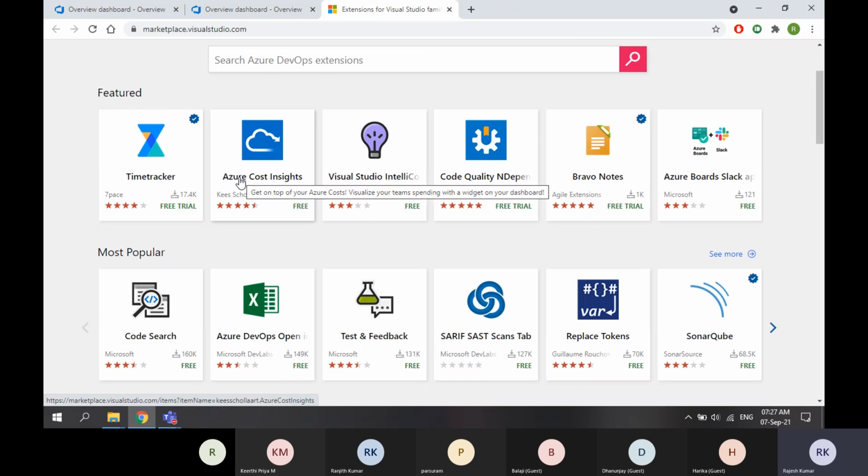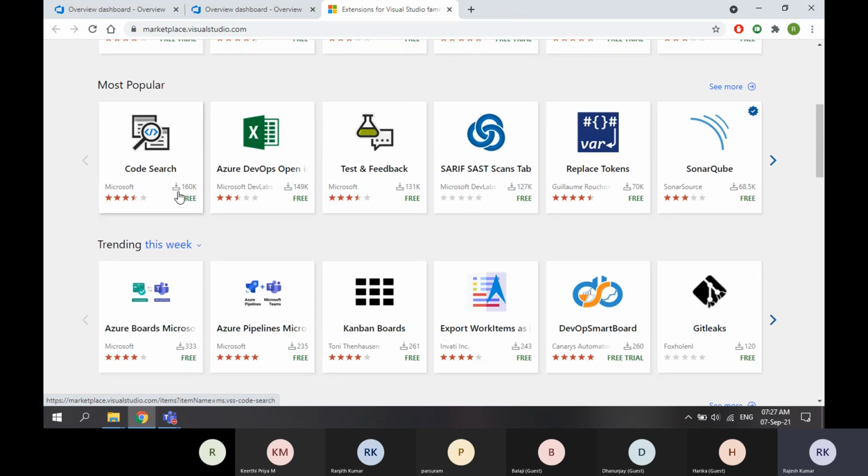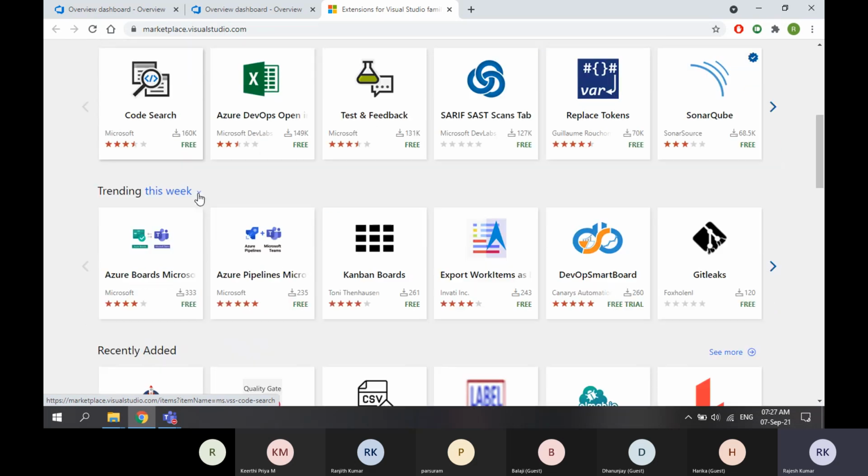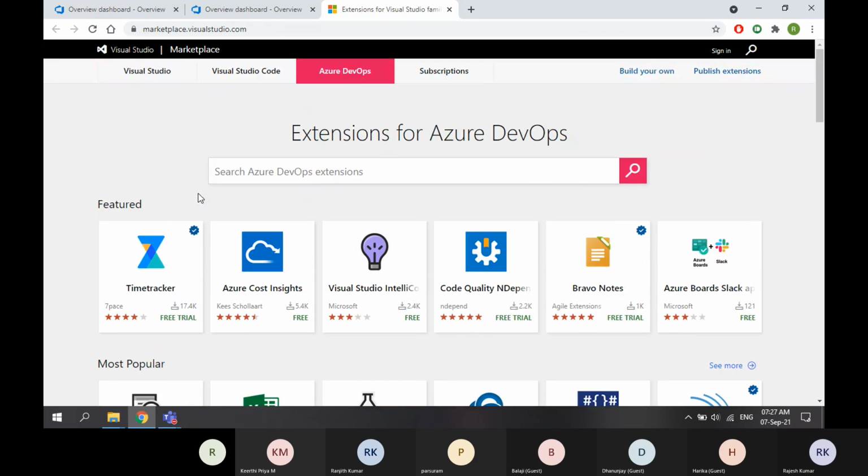We can call them plugins. If someone has worked on Jenkins, these are the same as plugins in Jenkins. If you want to add any additional functionality to your Azure DevOps, you can add these things.